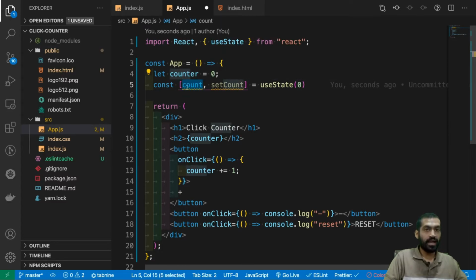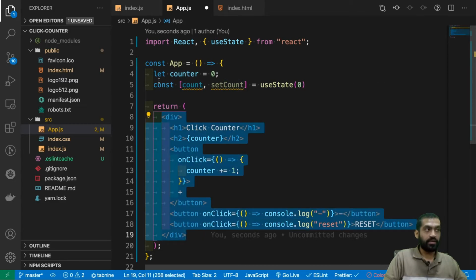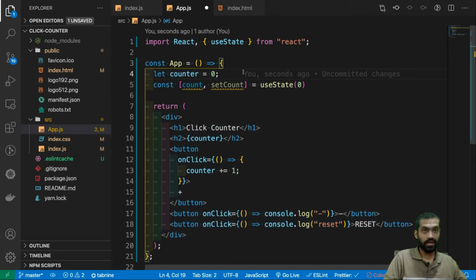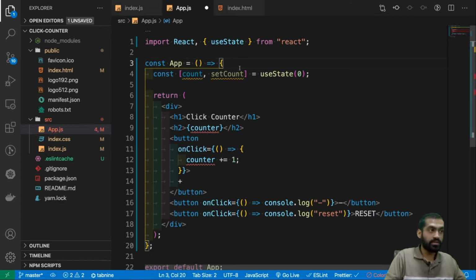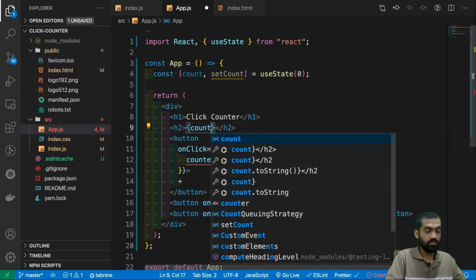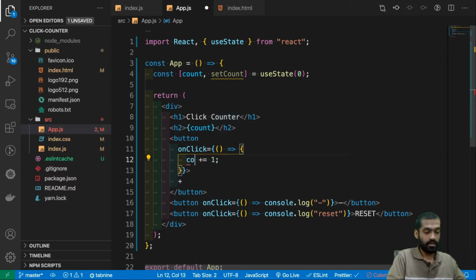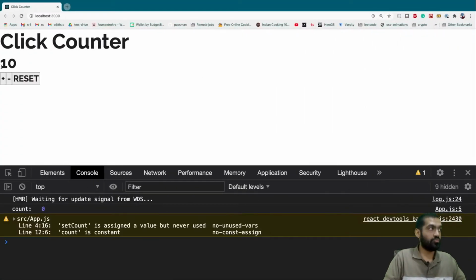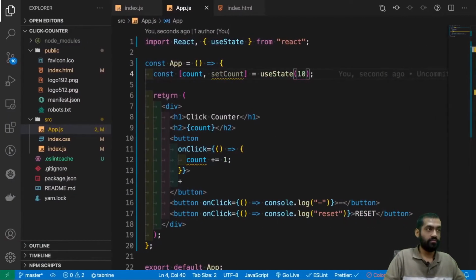And then because we have this completely new data, our component will re-render, whereas here this counter was not getting incremented, as we saw with the console log. Let's add a semicolon, remove this, and use count here and here. Let's first see whether this count is coming or not, and let's do 10 here. So the count right now should be 10. Okay, the count is 10.